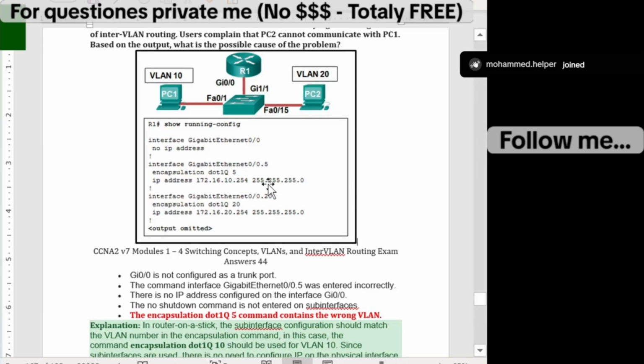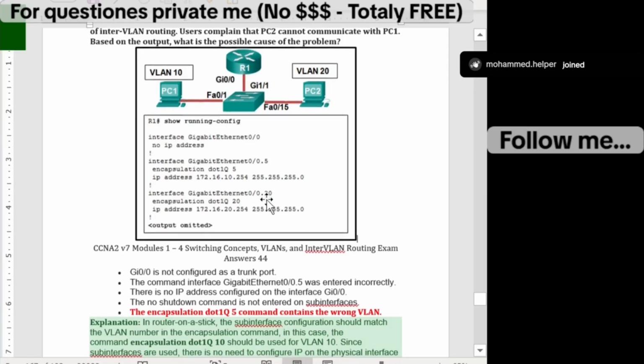These IPs actually act as a default gateway. So these are the default gateway for the devices in each VLAN. Okay, let's move on and see if we need to go to the next option, or we still need to clarify